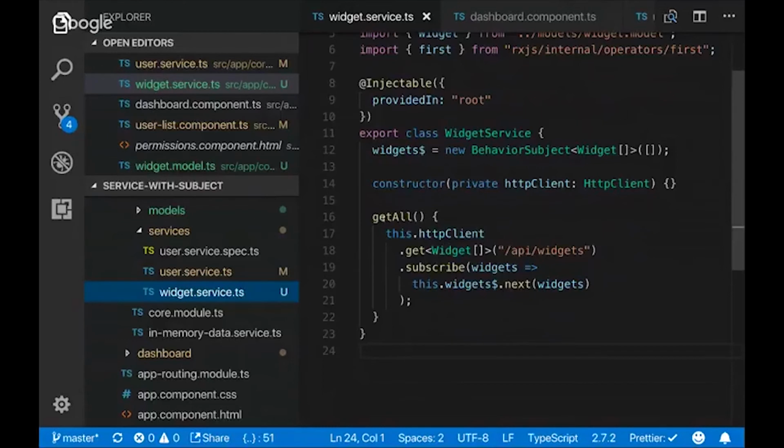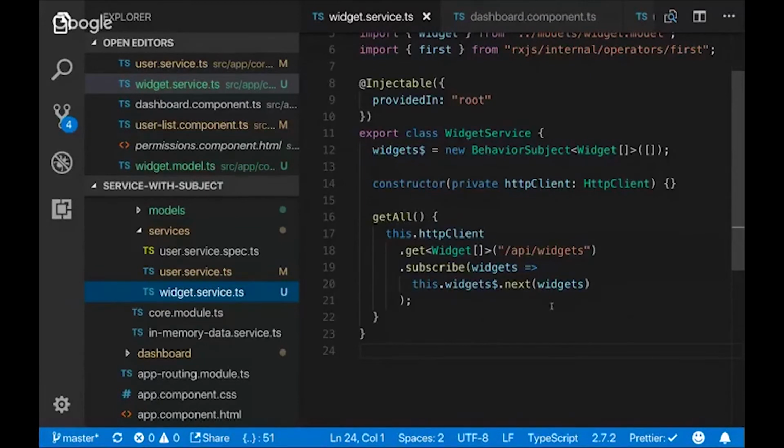So in our case here, we've got a call called just getAll, and this should look very familiar to you. It's using the HTTP client, and it's calling a get, and we're specifying the type, which should be a widget array, and we're subscribing to that, and we're taking the widgets that are returned, and we are calling next on those widgets.